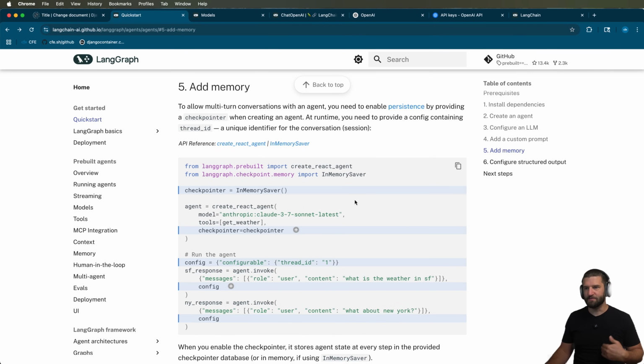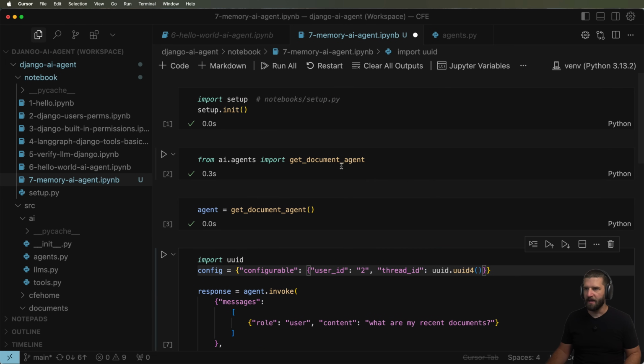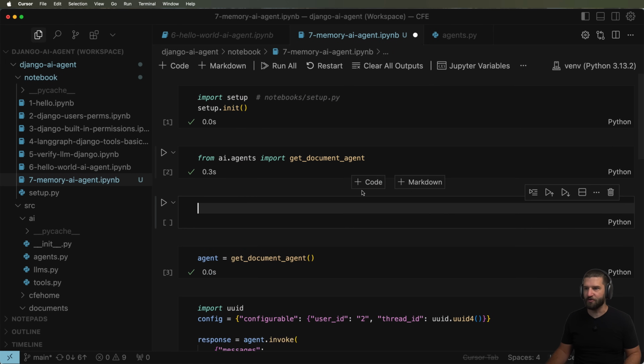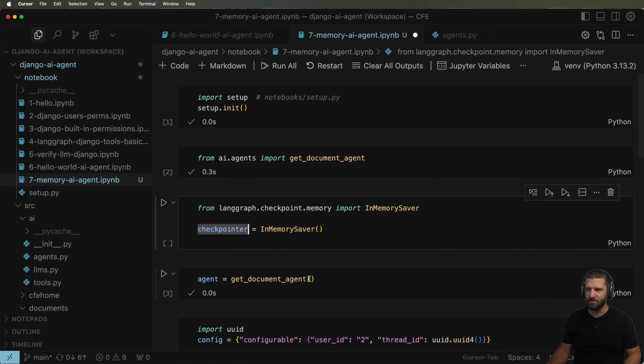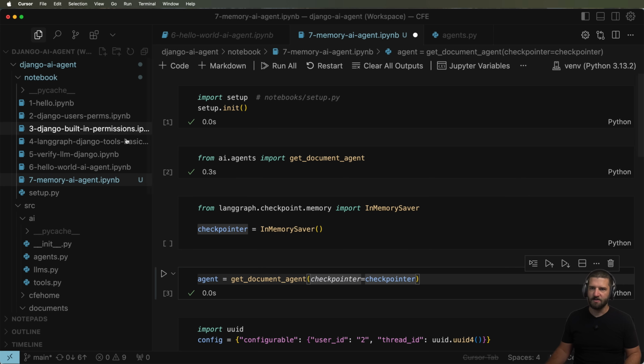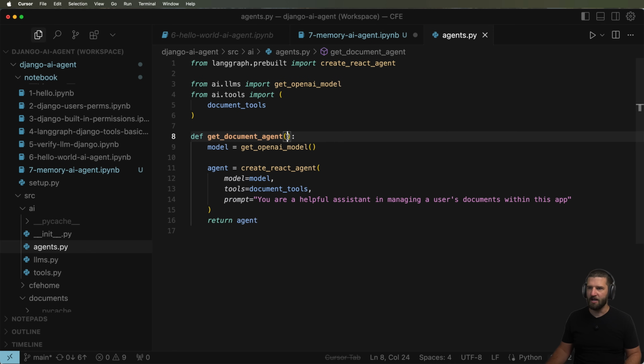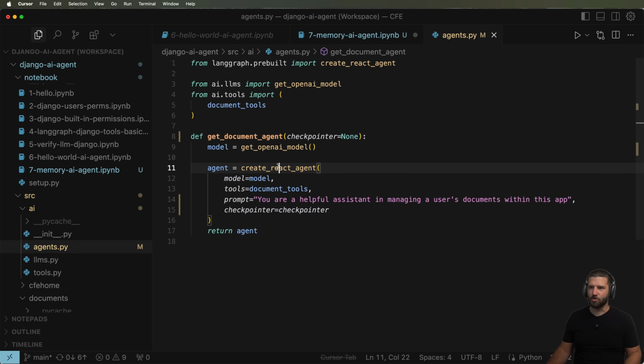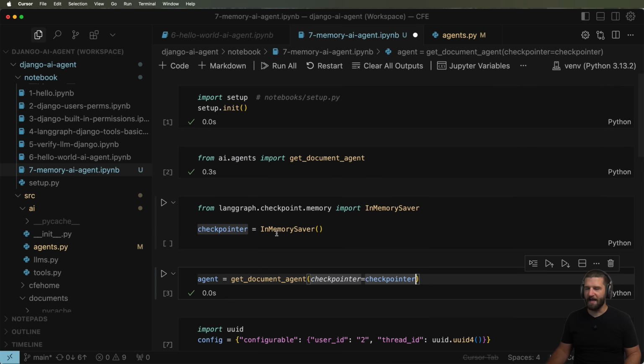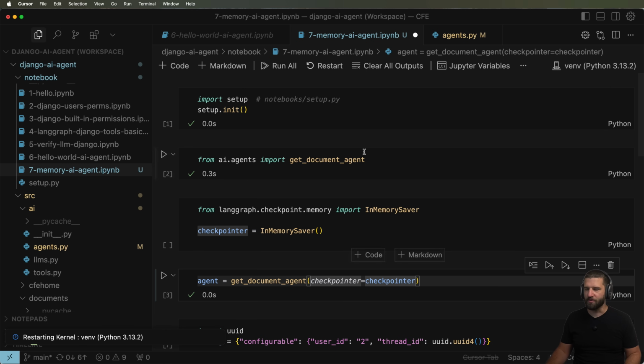So what I want to do though is be deliberate about memory and add in a check pointer, in this case, an in-memory saver. And so now I'm going to make sure that it is for sure going to have memory by passing it into the agent itself, just like that. So inside of the agent, I will add in checkpointer being none, and then we'll pass that into our create React agent, just like that. Now, this is a shortcut, so maybe it already has some defaults in there for the actual agent itself, which I'm not able to look up for whatever reason. But the idea here is the actual code should now work a little bit better for the check pointer,